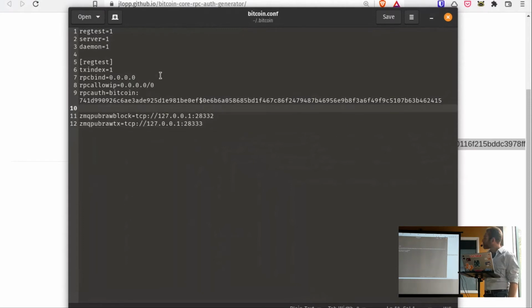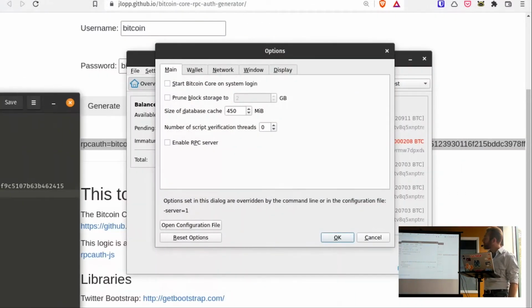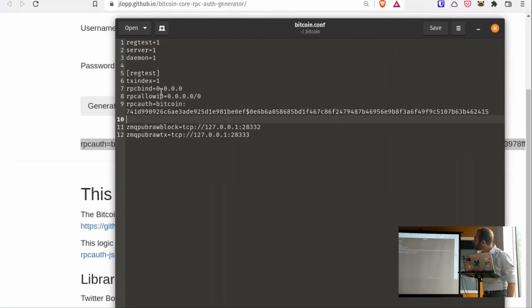Is that correct? Or is that just showing weird on my screen? Yeah, rpcauth equals Bitcoin. The equal sign looks distorted for some reason on the projector screen, but that's an equal sign. So it's just basically you copy paste this into your